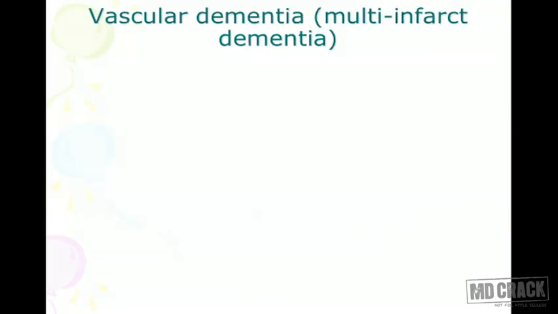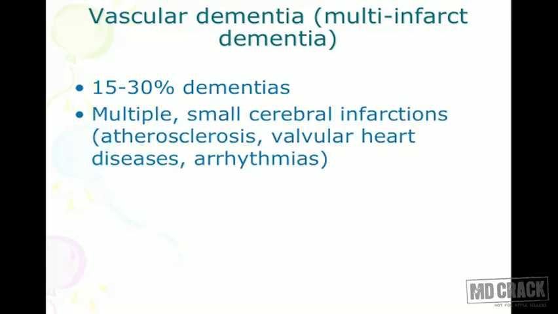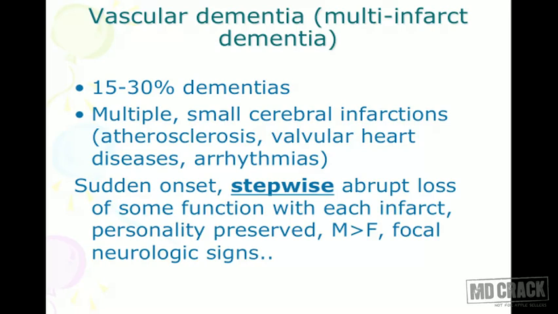Now we go on to discuss what is vascular dementia. What we discussed was Alzheimer's dementia. The vascular dementia, multi-infarct type dementia may be there. 15 to 30% of dementias are due to the vascular dementia. As we already said, 50 to 70%, the more common is Alzheimer's. In vascular dementia, there may be multiple small cerebral infarctions, and the causes might be atherosclerosis, valvular heart diseases, and